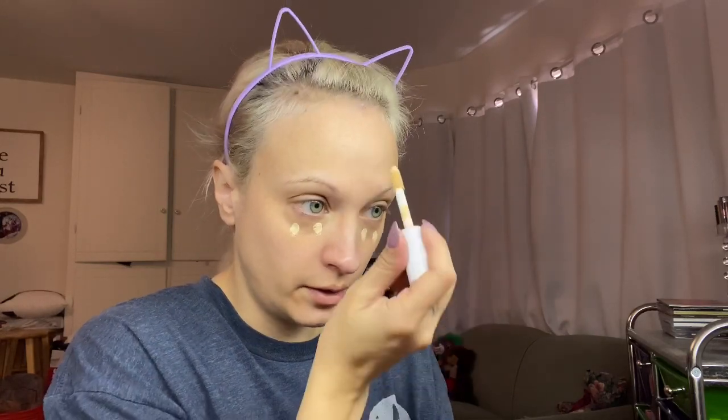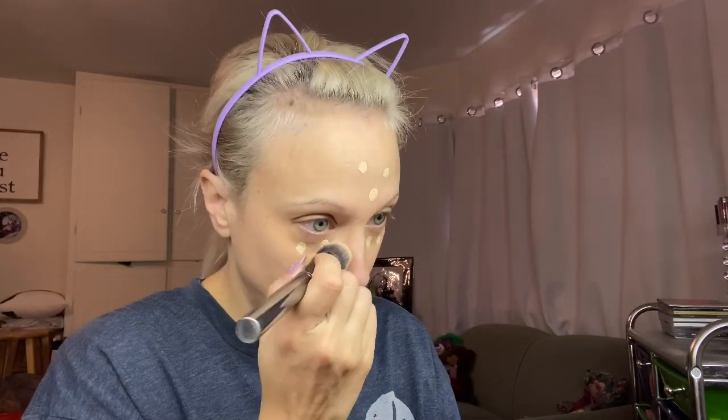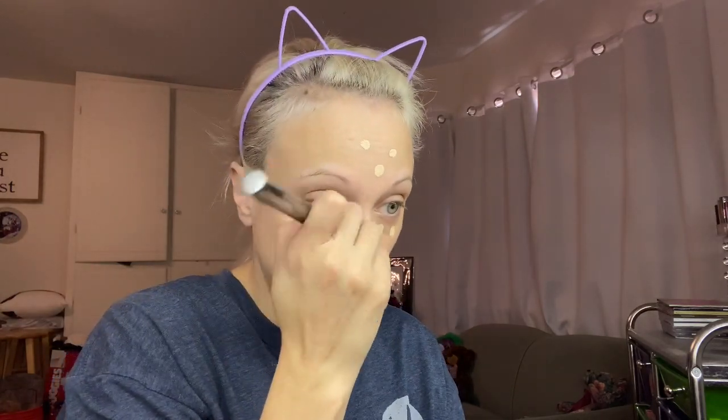And then for the brightening, I've just been using the e.l.f. Hydrating Concealer. I do like this one. I actually like it over the Tarte Shape Tape just because I feel like it is a little bit hydrating, and that's all I put. A little bit goes a long way, and then I use a brush because I get more coverage. You can use a sponge, but again, my circles are very dark, so I don't necessarily need to remove any product. The sponge, if you feel like you've got too much on, will help soak up excess. And then I'm just wiping it around to give me a little bit of a base